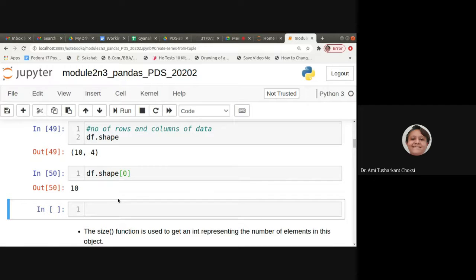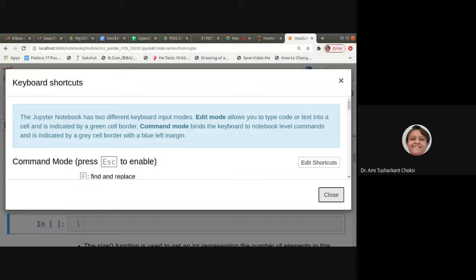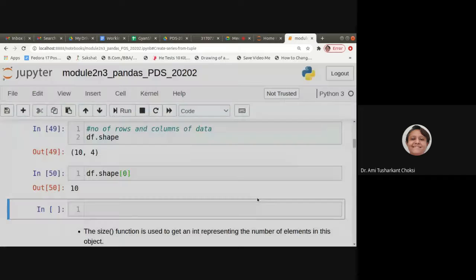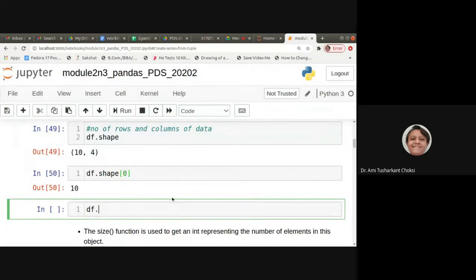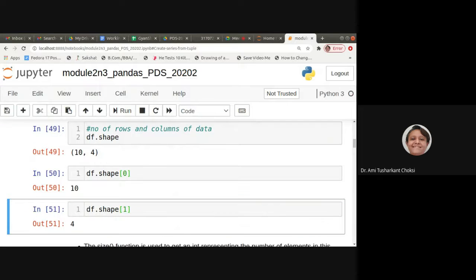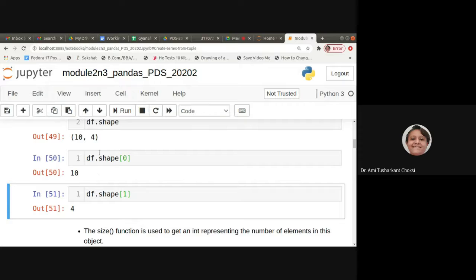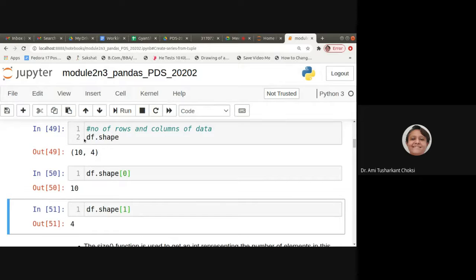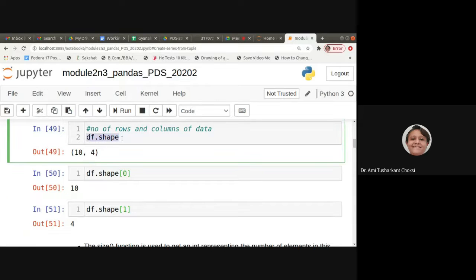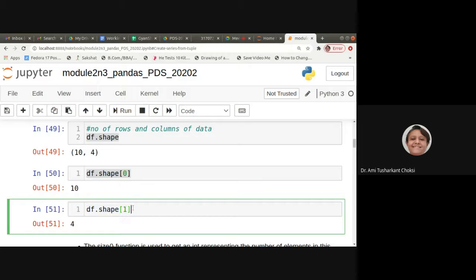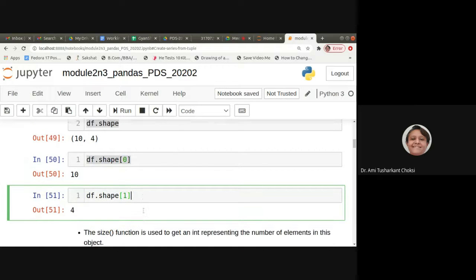So I'll give df.shape, and then df.shape of 1. Now what does it give me? 10, 4. You can see that. df.shape gives us the number of rows and columns. If I want just the number of rows, I can use df.shape of 0. If I want the number of columns, I can use df.shape of 1.